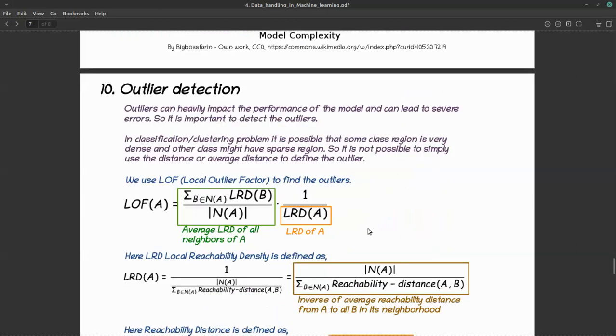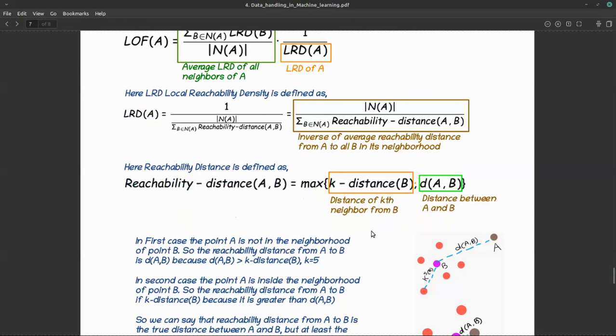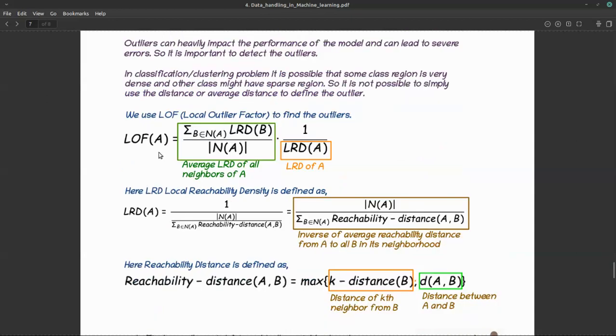Okay. Topic of the day: outlier detection. LOF, LRD, RD. In the formula of local outlier factor, I'm using local reachability density. So we need to understand what LRD is. In local reachability density, we are using the formula of... Yes, I need to change this. This is again wrong. I didn't get time to change this. Note to myself, I need to change this.